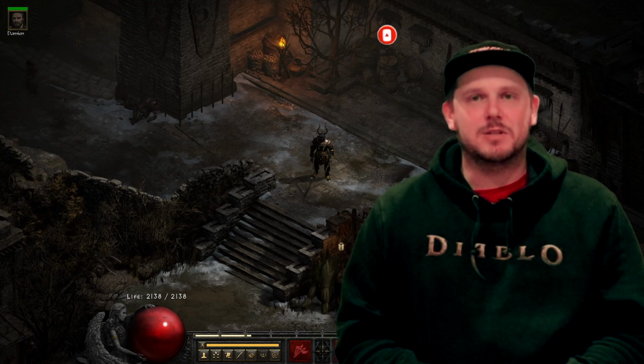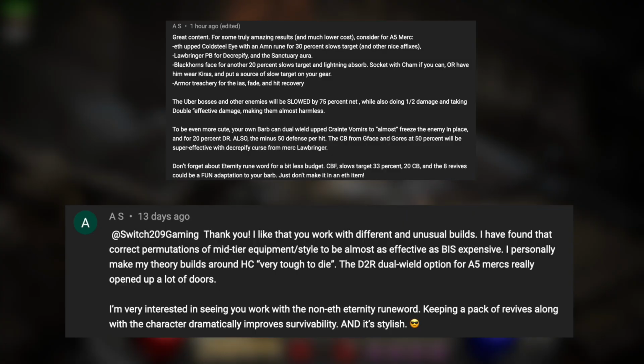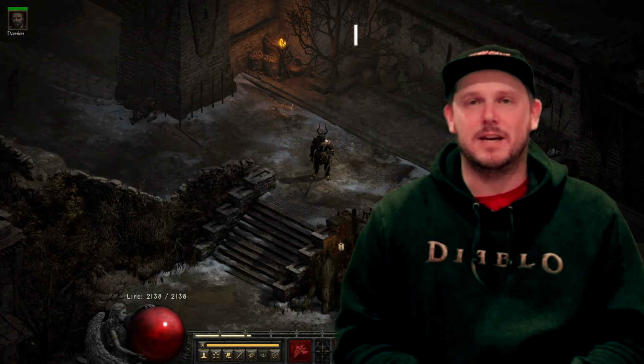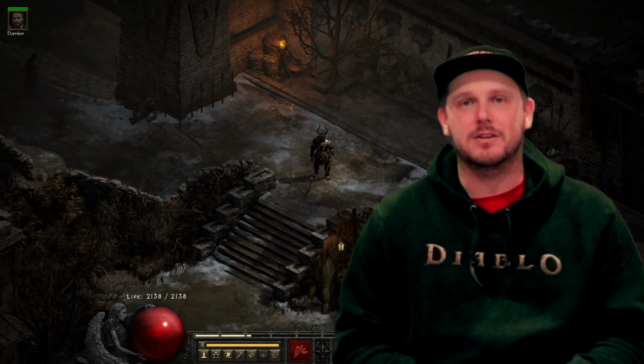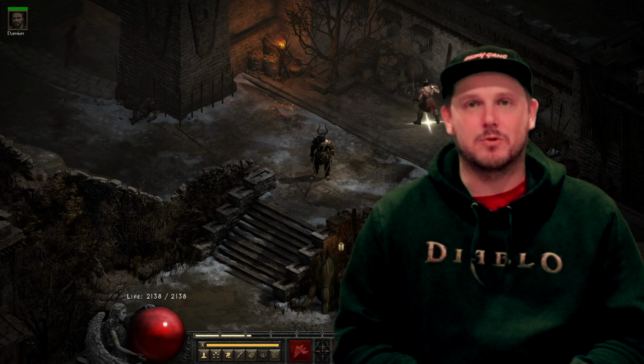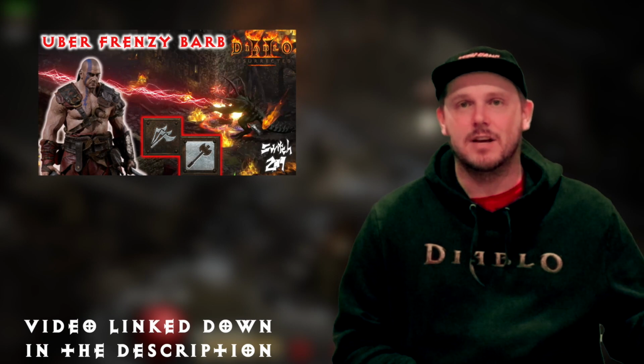Today's video is actually inspired by AS, who left me a comment on my build guide going over a Frenzy Barb using Berserker Axes to be able to run Uber Tristram, and gave me a rundown of a build that I should try out. At the time of recording this, I haven't actually tried out the build yet. I finally just got the last of the pieces put on my character, and I'm going to take this through Uber Tristram and compare how it performs to using Berserker Axes from the last build guide I did,